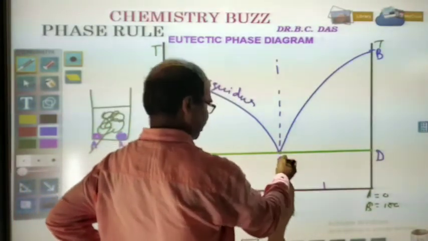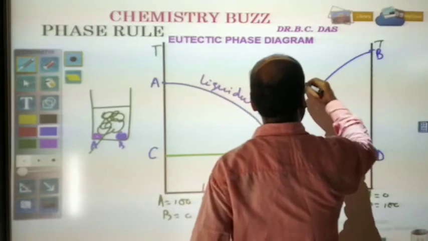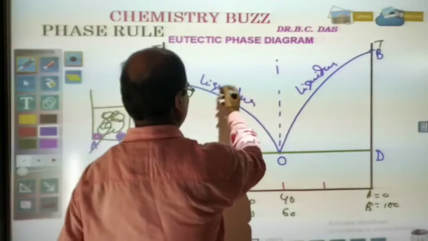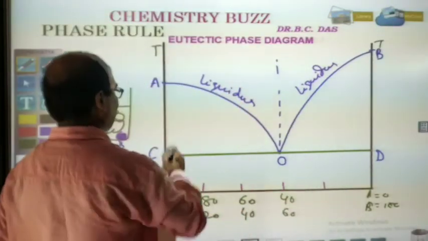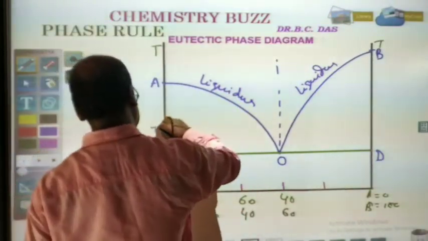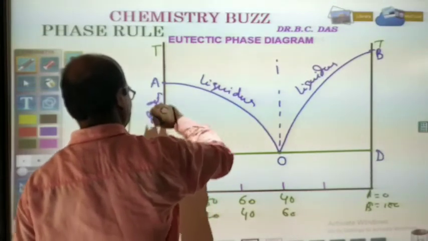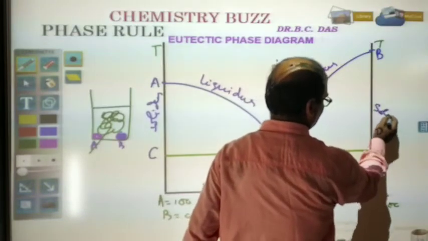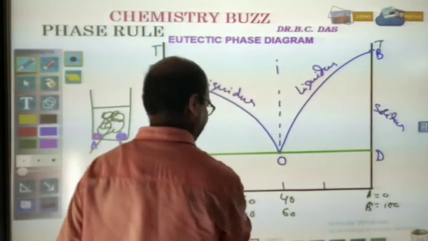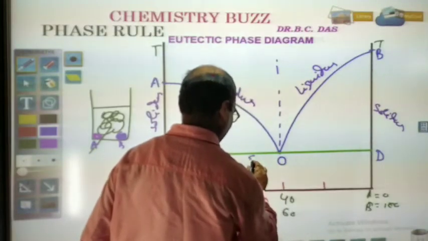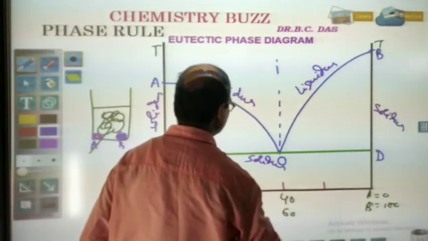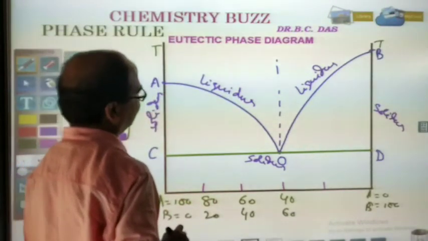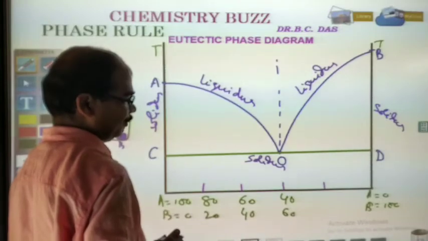AO is a liquidus, and OB is also liquidus. This curve represents equilibrium between solid and liquid. AC is solidus, and DB is also solidus, and COD is also called solidus. Now let us take some points and analyze the degree of freedom and the